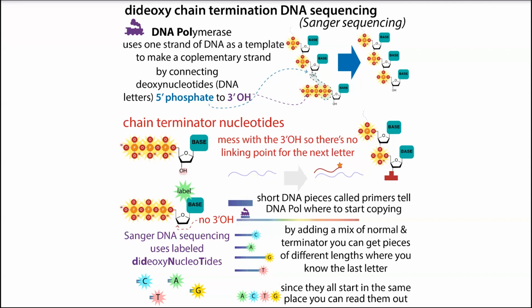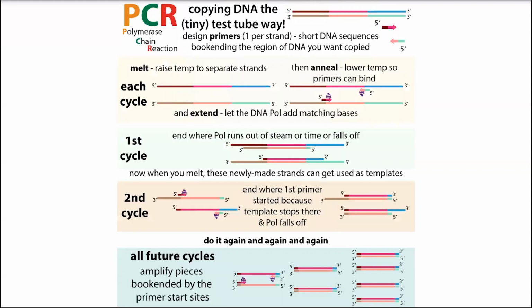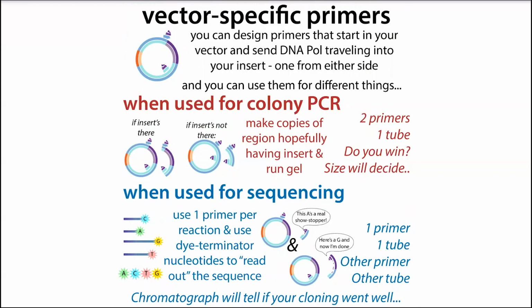And so this is the idea behind Sanger sequencing. Like PCR, you need to design a primer in order to tell the DNA polymerase where to start. But unlike PCR, you're only going to have a single primer per reaction. You're not going to be making copies over and over, cycling. Instead, you're just going to have this single kind of cycle where you're not even making a full product